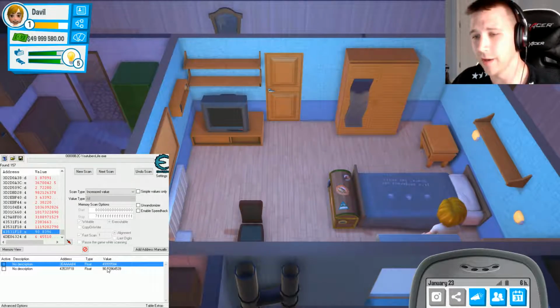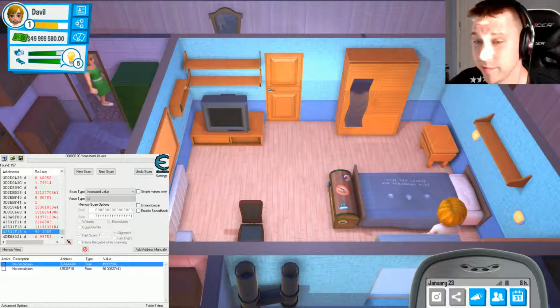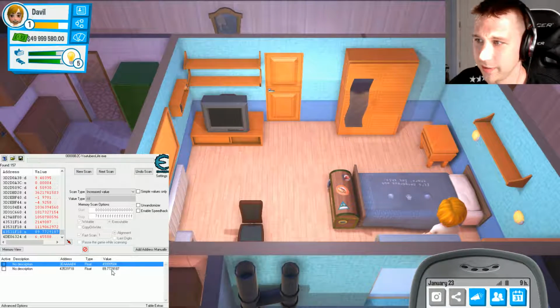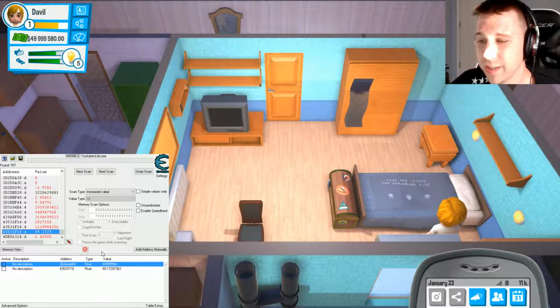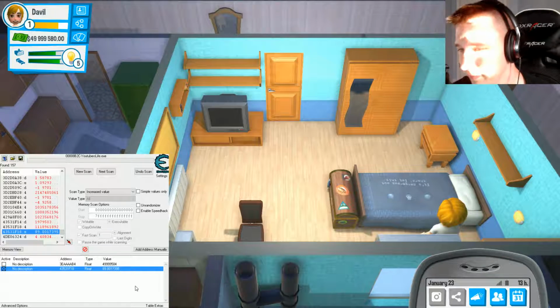So the logic here is I'm looking at this and it's 90. So I'm thinking that this bar is based off of percentage. It's at 100%, it's at 100, and as it goes down, it gets lower. I can say that that green looks like maybe about 90%. So let's try checking that, freezing it in place. And it looks like it is freezing. And if I set it to